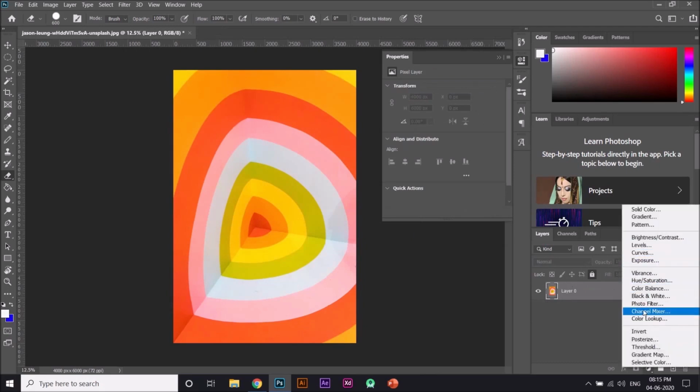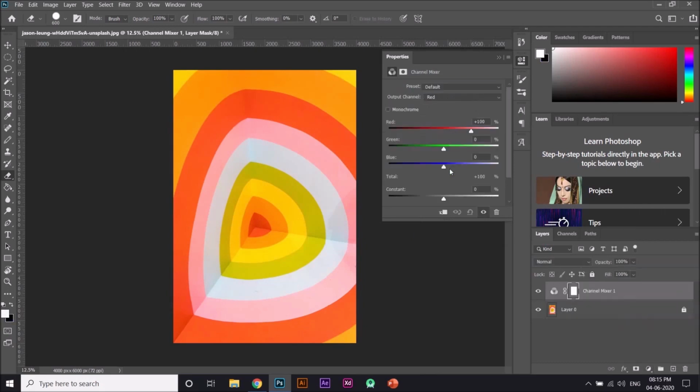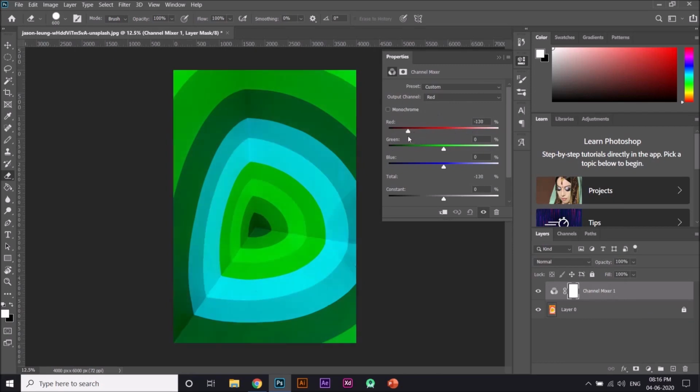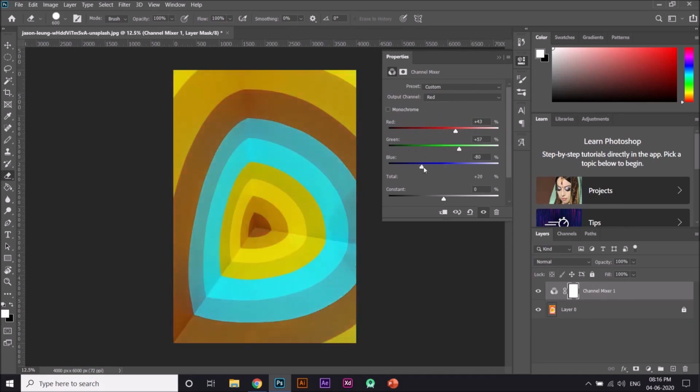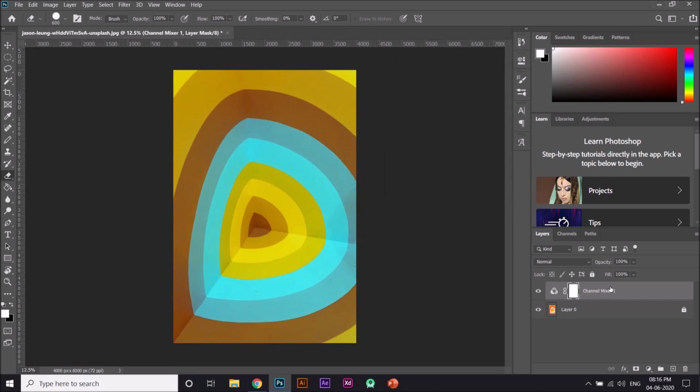Now you can see here channel mixer. Channel mixer is nothing but something which helps in mixing multiple channels, and channels are not the channels on your TV. These are nothing but the red, green and blue channels right here in Adobe Photoshop. So you can see we can mix the colors, red color, green color and blues, and we can adjust the strengths of each of those channels like this using the channel mixer.